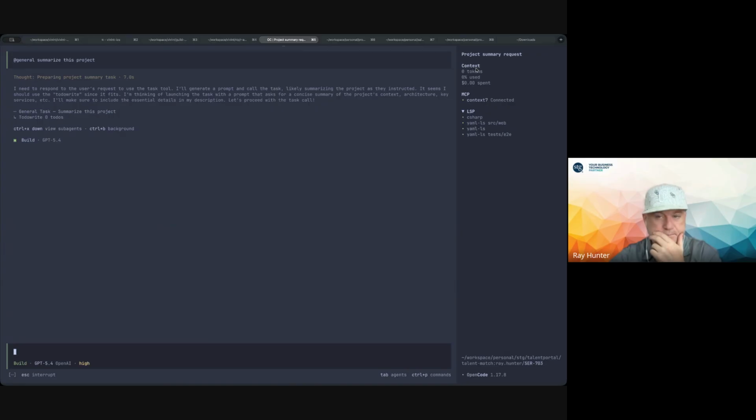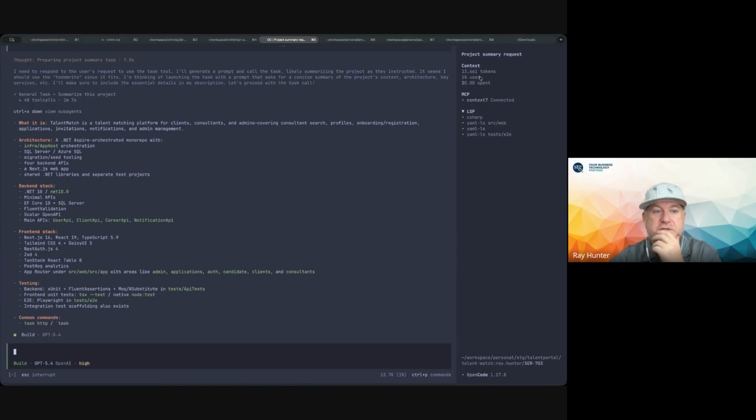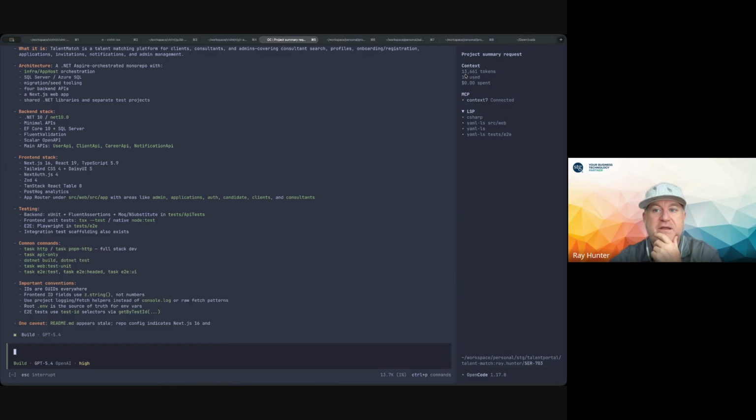As you're using this, depending on the subscription, you'll notice here that now the context has started to change, where now I'm getting my tokens, and here's my usage percent based off of my subscription that I'm using for this particular context. And then if there's a pricing, it will actually give me the pricing. Since I'm using a subscription, it knows it doesn't give me a pricing. But if I use an API that has pricing with it, it will give me a dollar amount as I work through a session, it will provide that information.